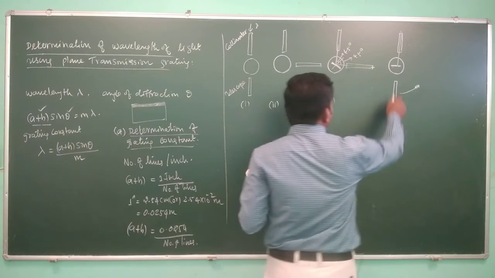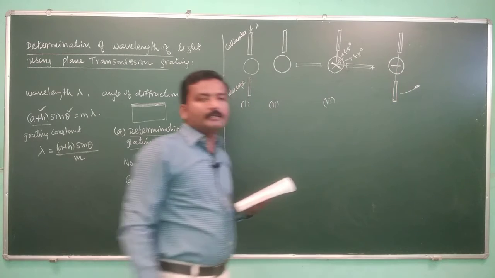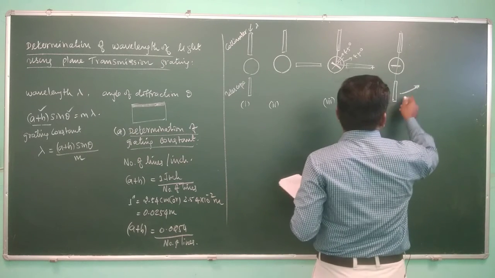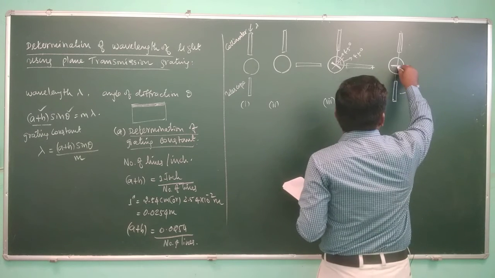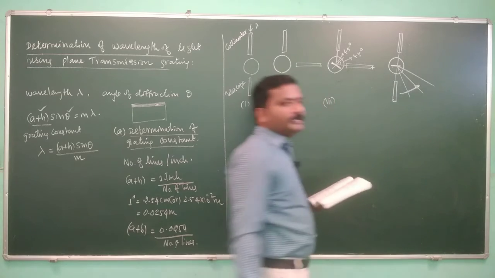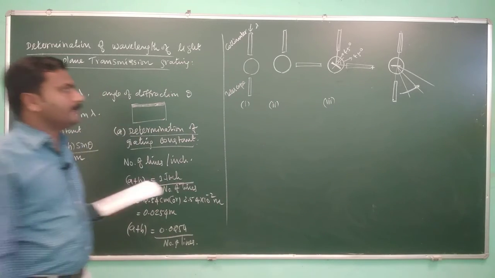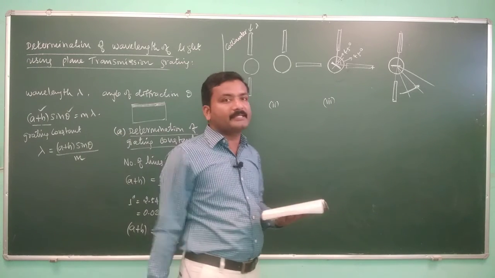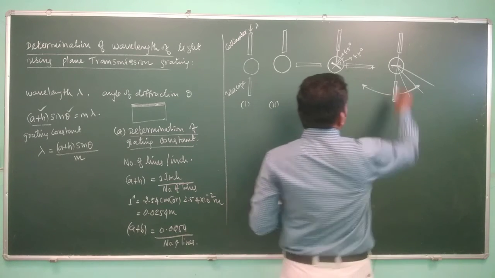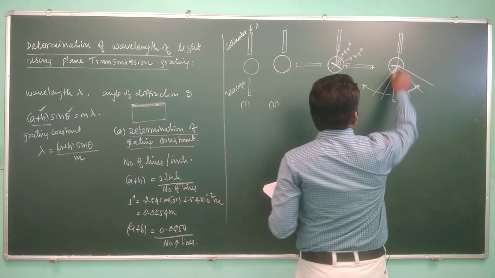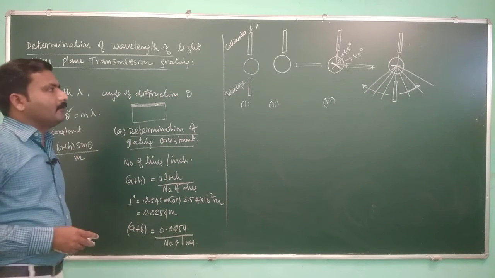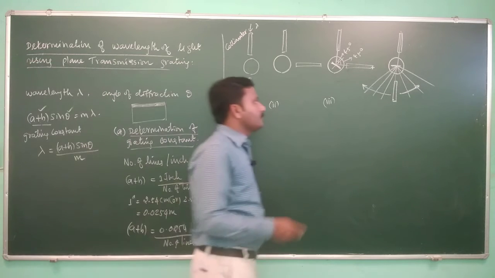You can also get a central bright line when you look at the direct light. And if you move from the direct view to the right side, we will get the diffracted light rays. The first bright spot will be the first order light, the second bright spot will be the second order maxima, and the third will be the third order maxima. One can make a similar observation by moving the telescope to the left side as well, where we also get the first order, second order, and third order maxima.